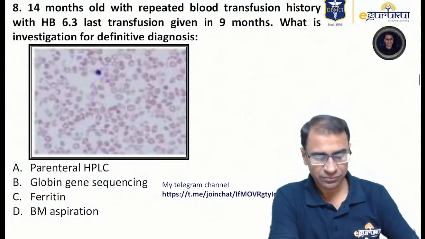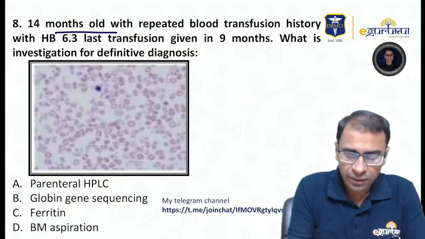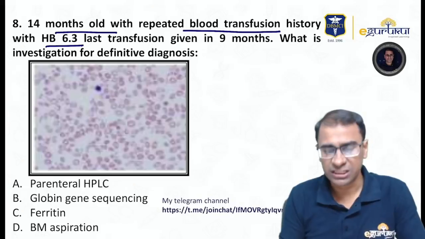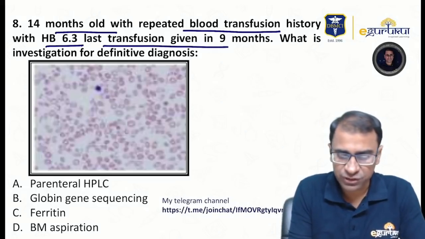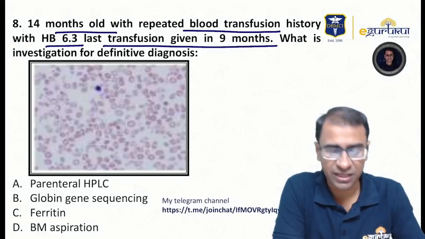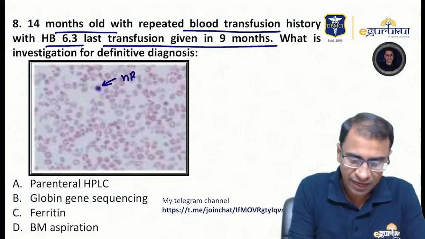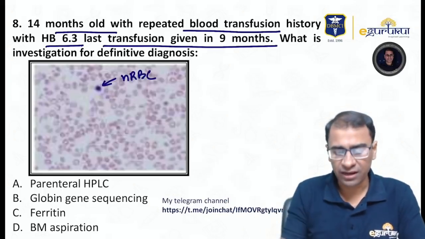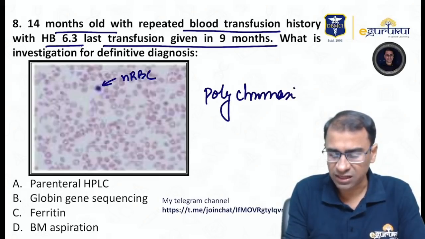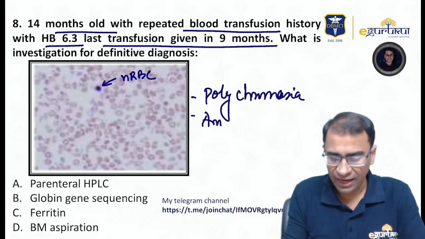Okay. Next, a 14-month-old patient with repeated blood transfusion history. Okay. And hemoglobin is very low, 6.3. And he has been given transfusions in 6 months. He has a repeated blood transfusion in the last 6 months. See, now, if you look at this peripheral smear, this is an NRBC. And even though this image is not very clear, it was showing basically polychromasia. That means slightly darker color RBCs. And it was showing to you